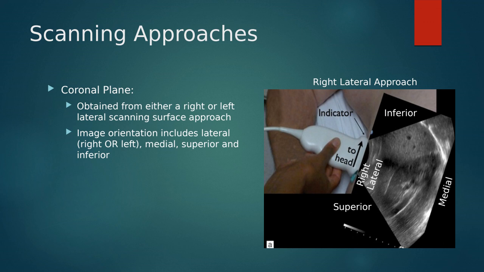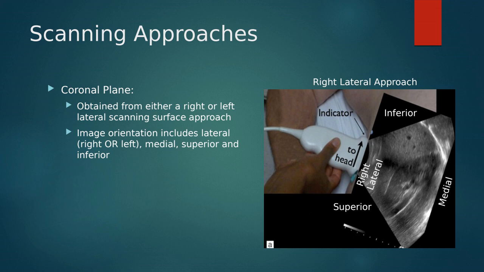So we're coming in from either the right or the left side, and we're still going to have similar anatomy to sagittal, where our notch is still pointing up towards the patient's head, but instead of getting anterior and posterior information, we're now technically going to be getting lateral and medial information. So we're not really able to appreciate if something is in front of or behind another structure, but we're able to use that flashlight to say, hey, if I'm coming in from the side,